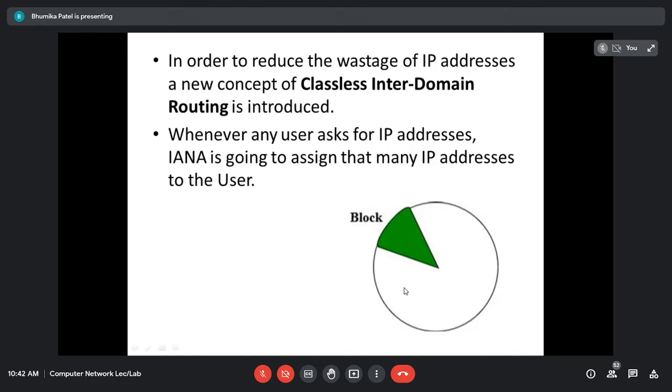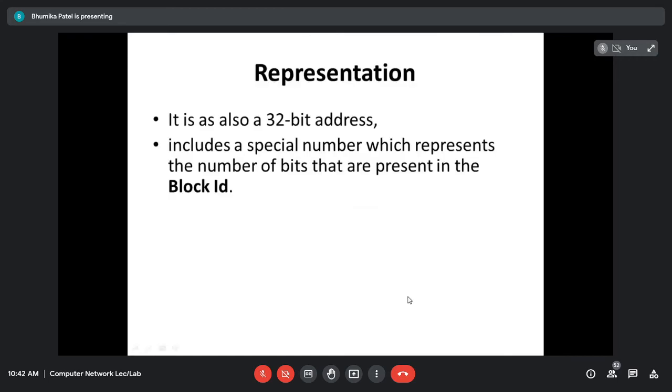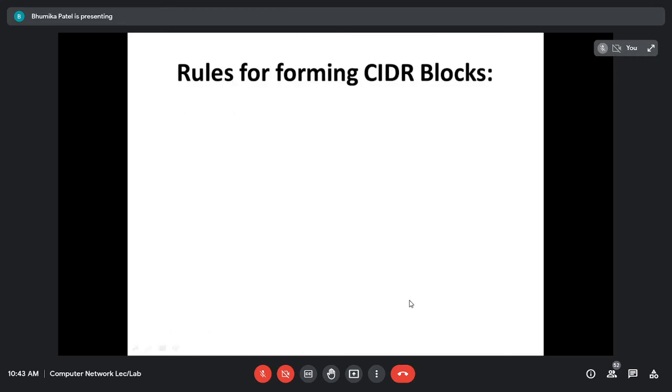Okay, so there are some rules for forming CIDR block. That we will see today, and then I'll just stop the session. First, if you ask for any block from IANA, you cannot randomly ask that give me a particular block, right? So you have to follow some rules. That is, first, all the IP addresses must be contiguous. Right? That means if your range is starting from 10.0.0.1/20, then from 0.1 onwards all of them should be in continuous numbers. That is 0.1, 0.2, 0.3, 0.4.